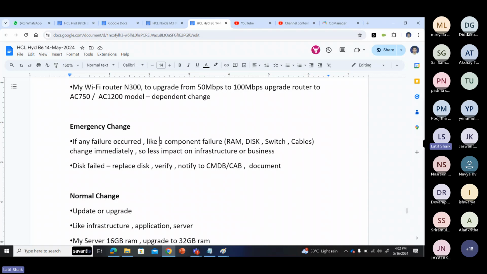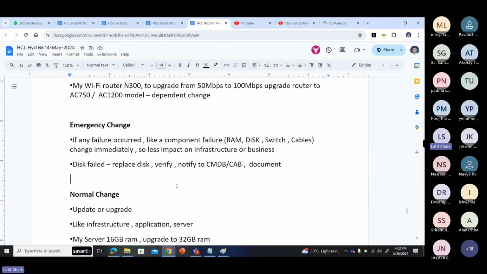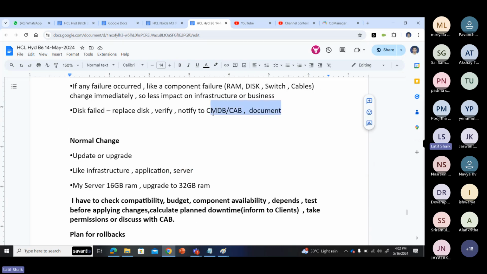What you have to do is immediately go into change. For example, a disk has failed: you replace the disk, verify it is working or not, notify the CMDB and CAB, and document it. But these things are common. In normal changes, these come first.